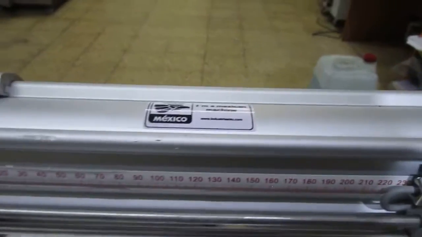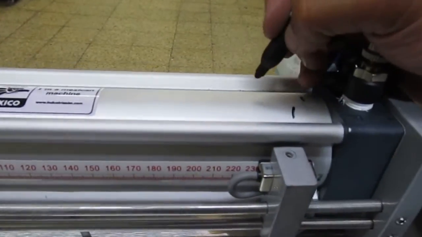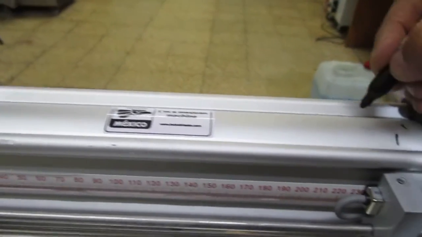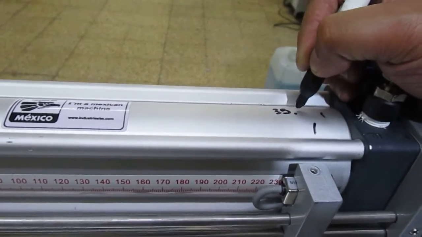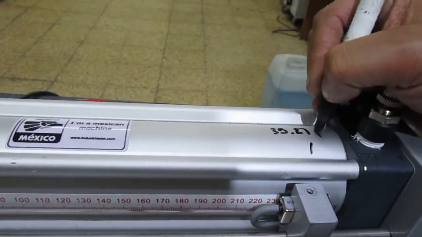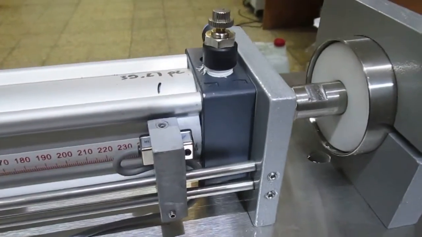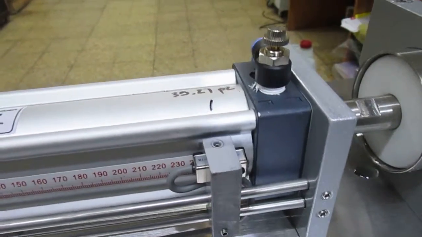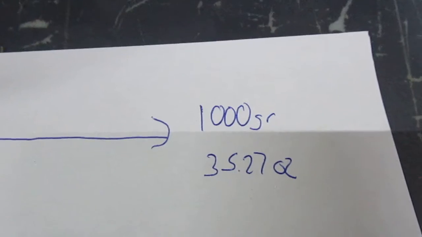And this is, I'm going to write here, 35.27 ounces. It means this. For example, if we put the sensor at this part, at the total part of the pneumatic cylinder, the machine is going to dosify exactly 1000 grams. That means 1 kilogram. That means